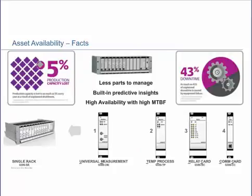Your asset availability, basically your protection system, is really monitoring that system for any kind of changes. But here you have your availability. Each year, 5% of production capacity is lost. Okay, and so you want to make sure that the system is up and running and available as much as possible. So 43% of your downtime, basically,